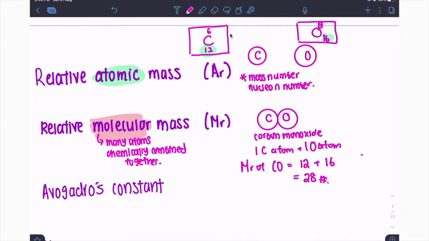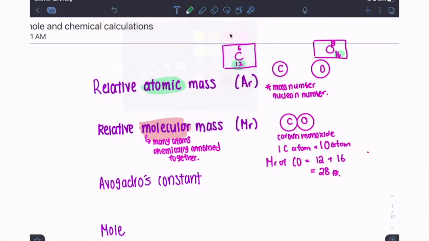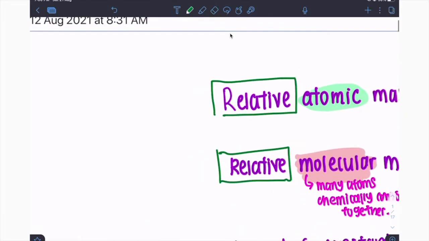Of course, we also briefly talked about what this term at the front means. We say relative atomic mass instead of just atomic mass, and we say relative molecular mass instead of molecular mass. So what does this word relative mean? Relative just means a ratio, or a comparison, between the mass of, let's say, this carbon atom or this oxygen atom, and 1/12 of the mass of a carbon atom. So what does relative mean? This means that